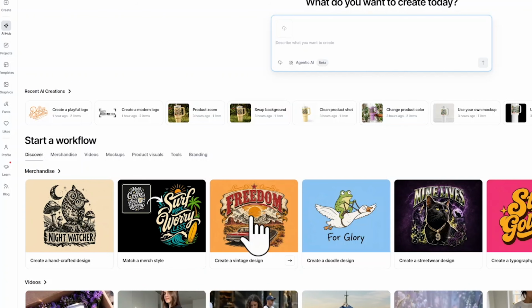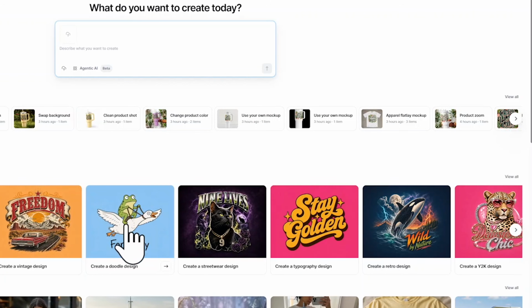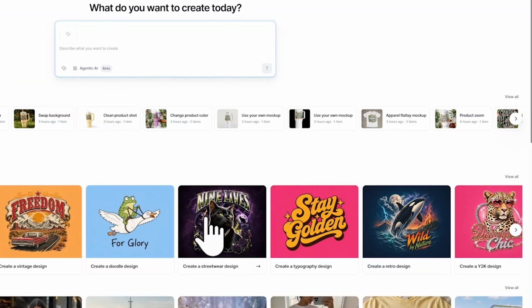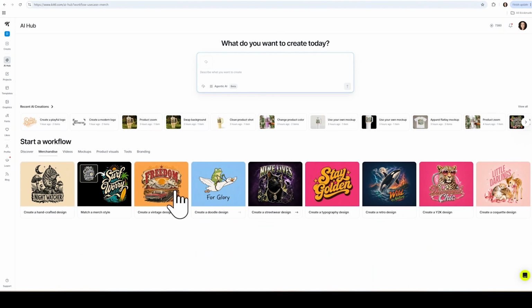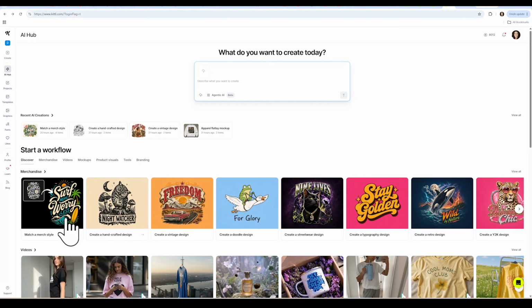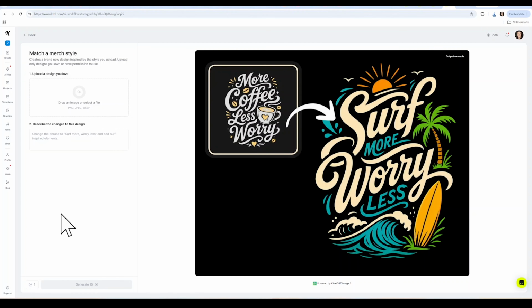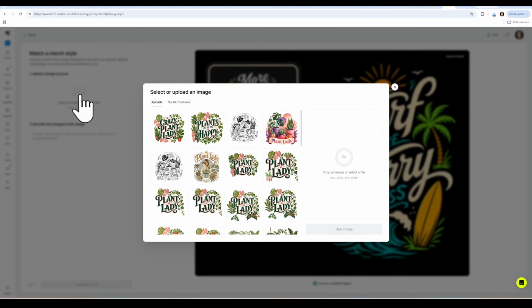In my case, I'm going to choose match a merch style because I want to create a design using the same style as one I already have. In the first step, we will upload the design we want to use as a reference. I already have several designs created, so I'm going to upload this one.